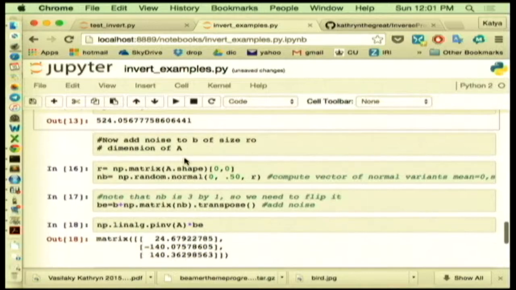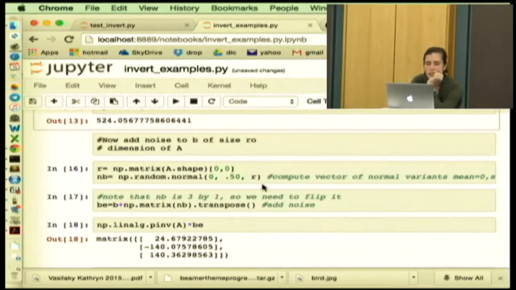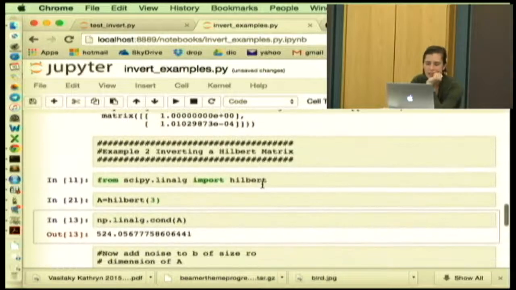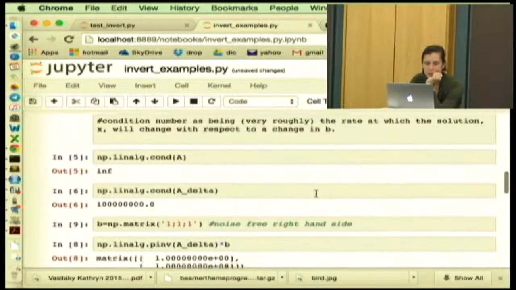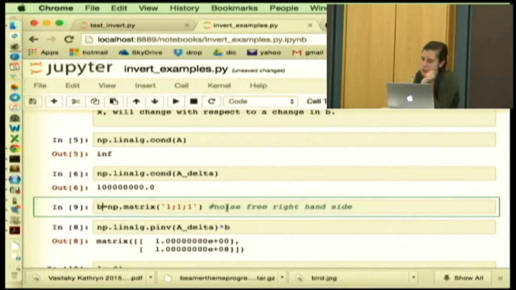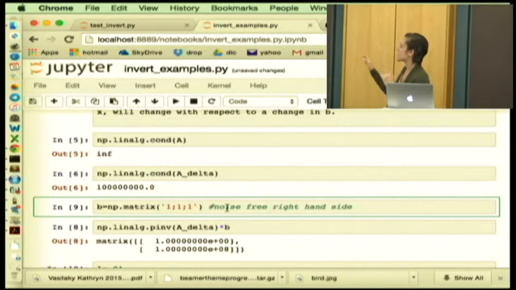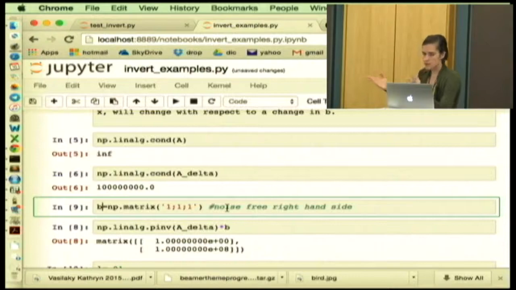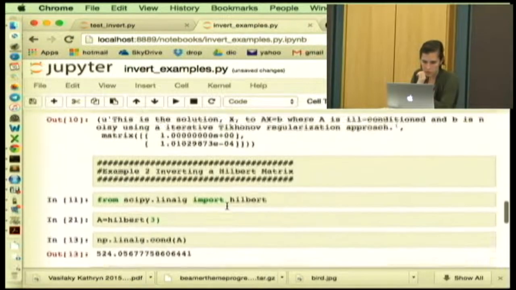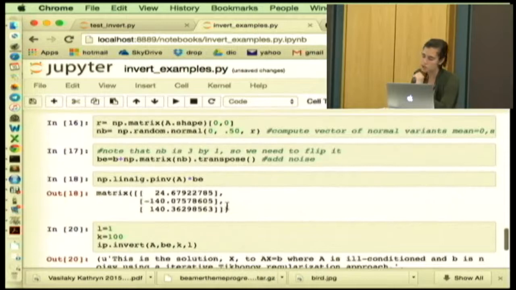I created A here, and, sorry, I didn't define b yet. Maybe I defined it up here. Oh yeah, I defined b up here. So b is just a vector of ones. So we have Ax equals b, where A was my Hilbert matrix. We're solving for x. b is a vector of ones. And now I'm going to perturb b a little bit. So the solution obviously should be close to,